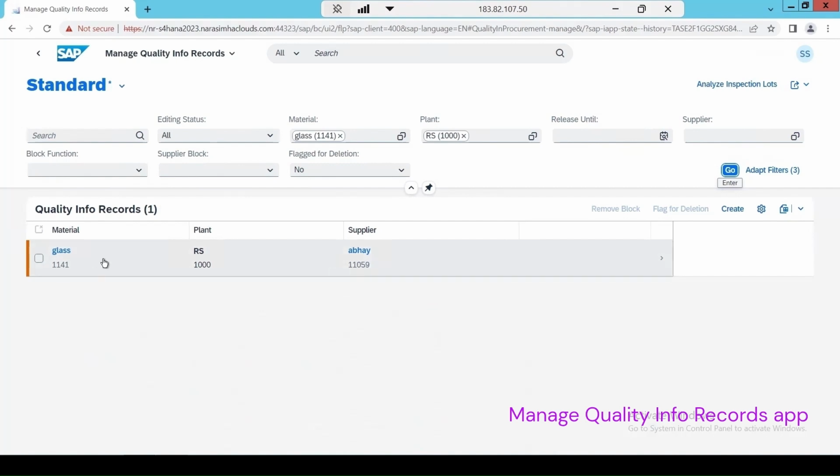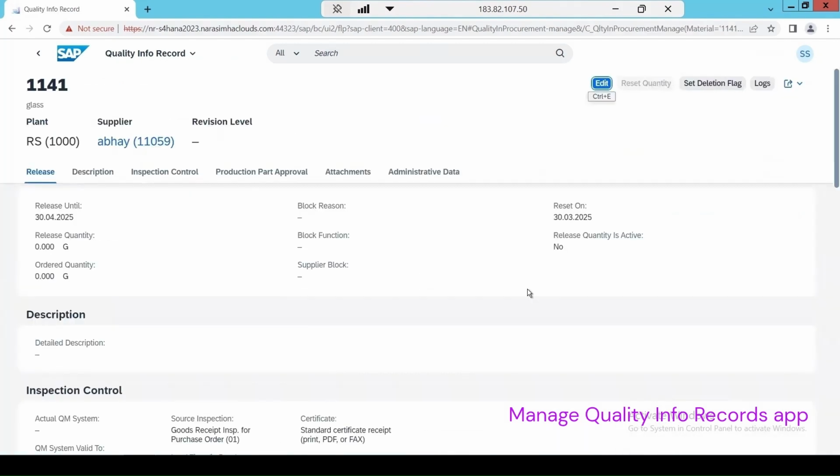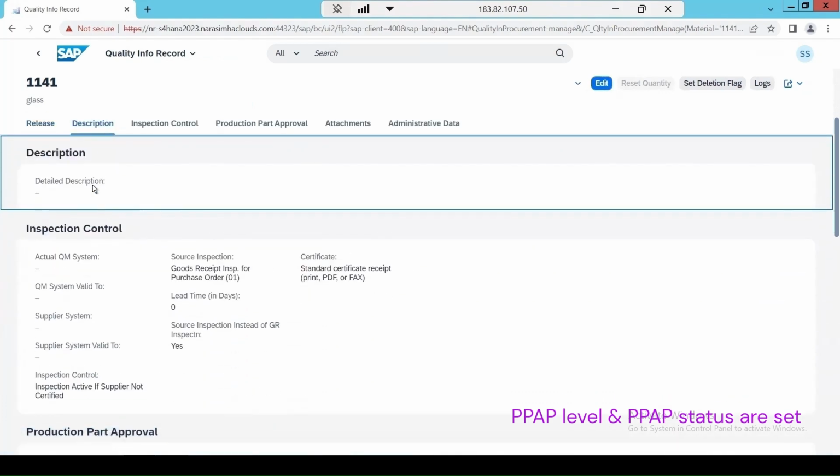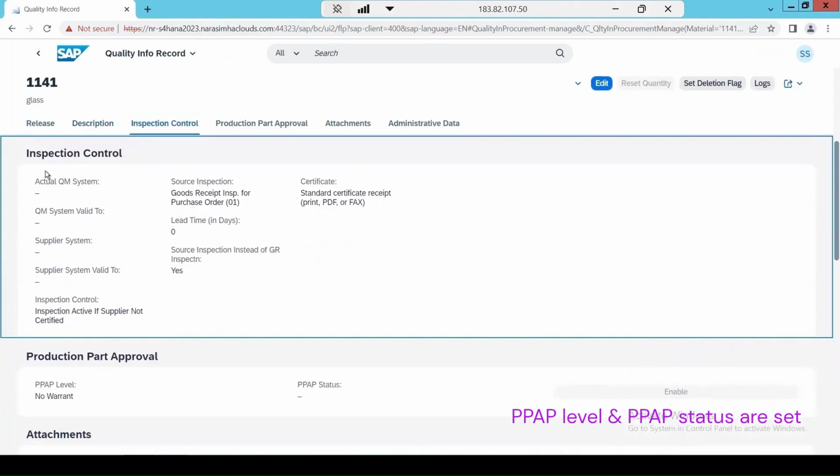So this is the one. Double click on it, it will open it. You'll find multiple tabs like the release date, which is the same that we have maintained, 34 as a release date. Then the description, and inspection control. We have specified 01 inspection type, and in the production part approval,